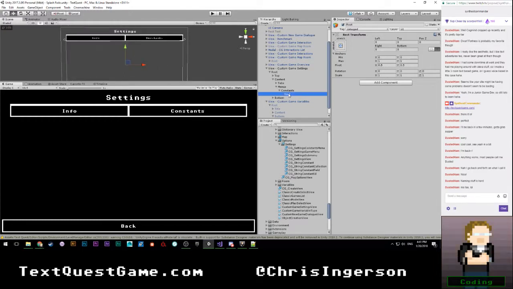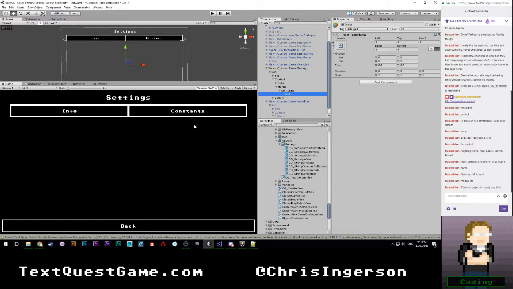So at the top of constants, we're going to have two labels, ID and then value. And then we're going to have some scroll lists that we need to do. So first up, let's go ahead and make a sub-object. We'll call this labels. All right. It's going to be anchored at the top.